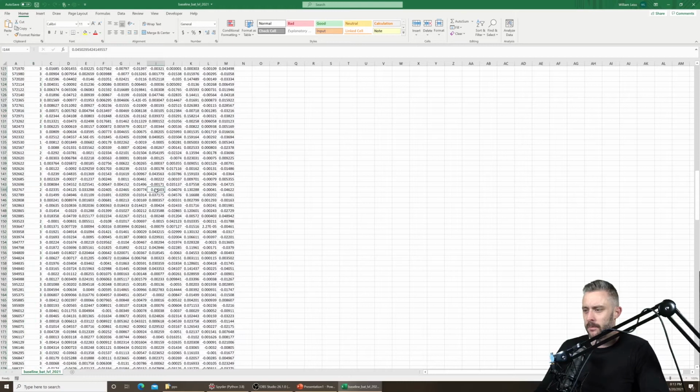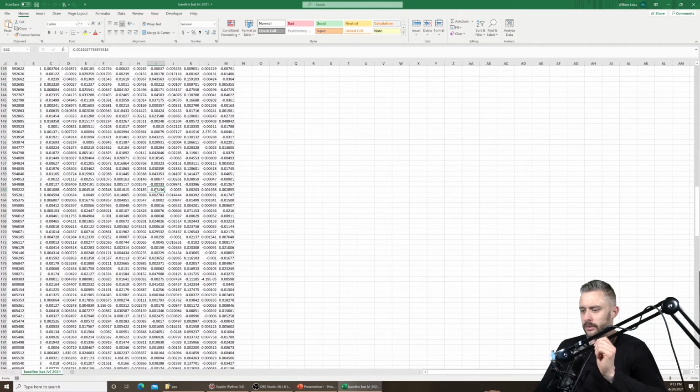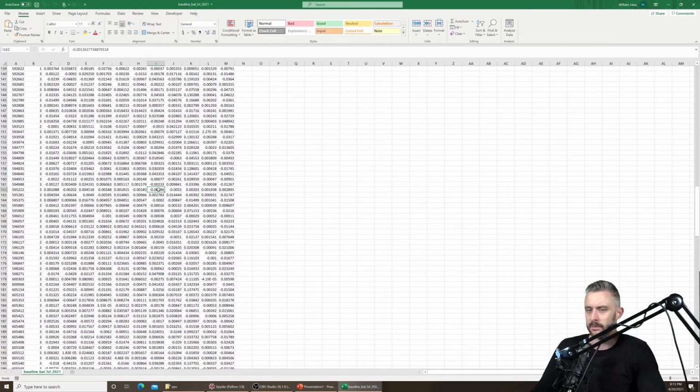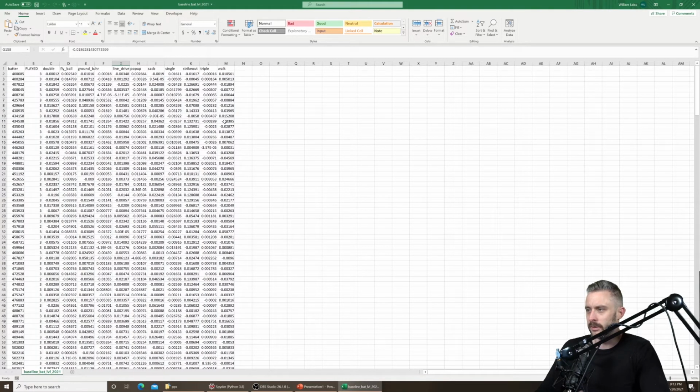That way you're being reasonable with your first-year players, especially those who got called up in September and didn't play that much. You want to be able to account for stuff like that. So that's why I do that for baseline. But this is just a list of baselines for left-handed batters against left-handed pitchers for this season that I projected